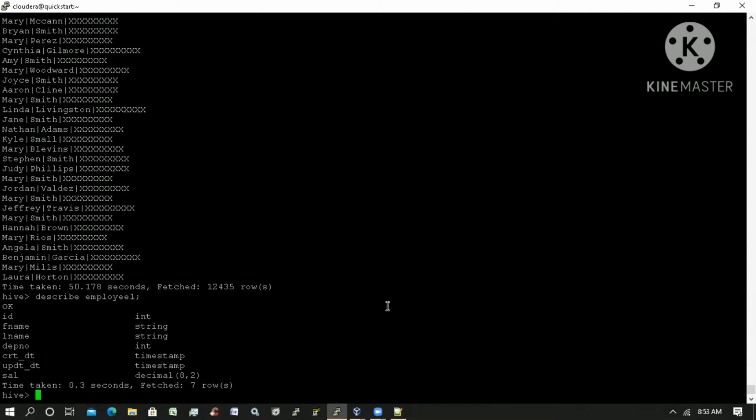Suppose I want to know the length of first name. How can we do that? Select F name, I'm doing it for the first name. What is the length I'm having, from employee 1.